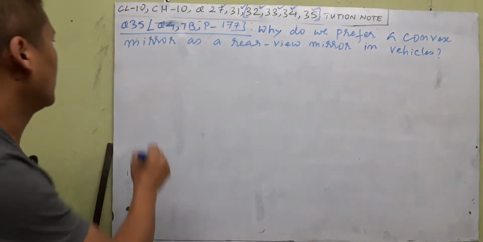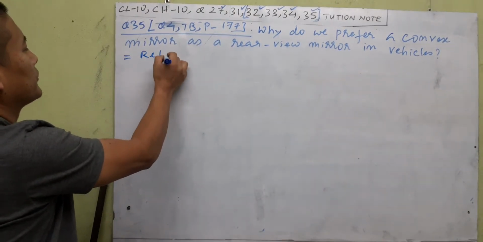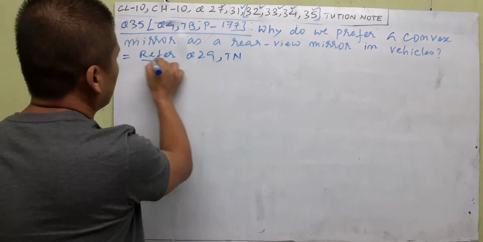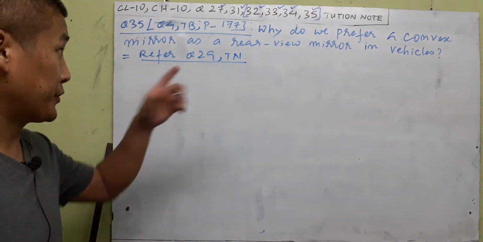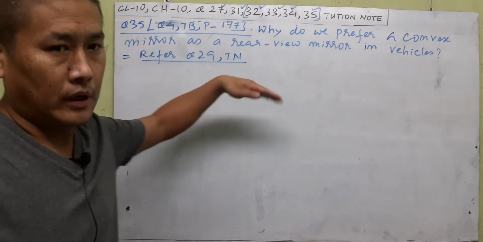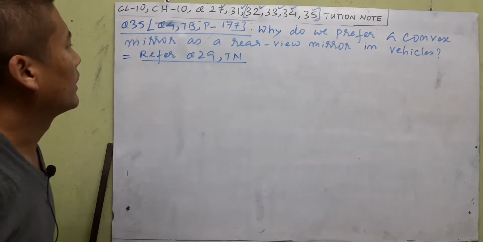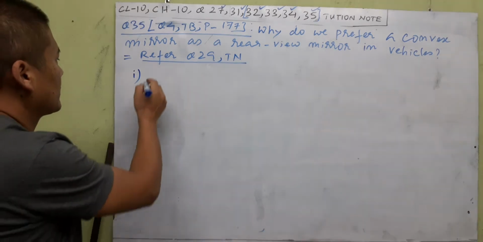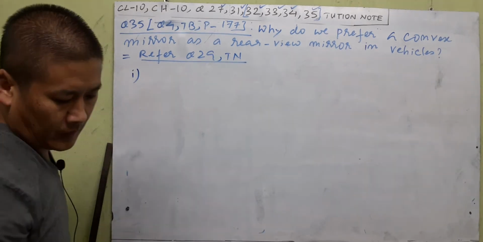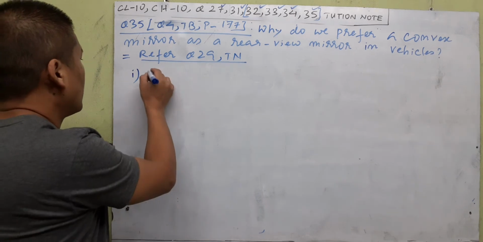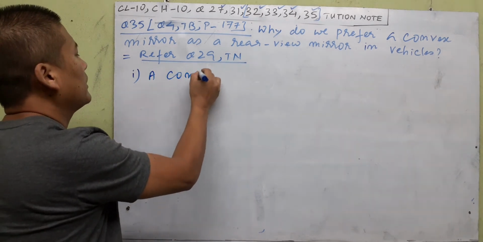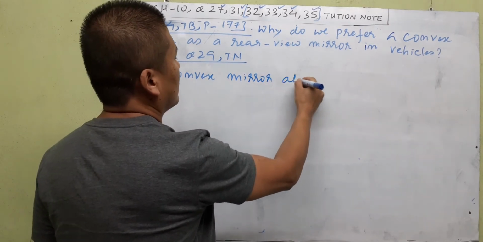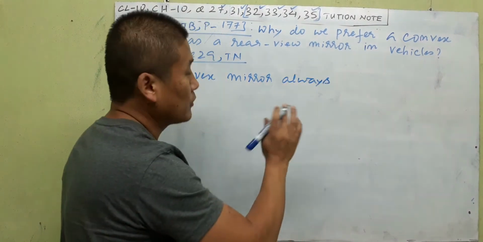We'll see here. Understand this. Just write down. You don't need to write this in the exam. Refer question number 29. Or you can say check the previous videos to find in which question 29 was explained. You will understand very well. Now as you read this question, number 1, convex mirror forms always. First reason is this. Write it down and I think you'll remember. Convex mirror always, not sometimes, always forms